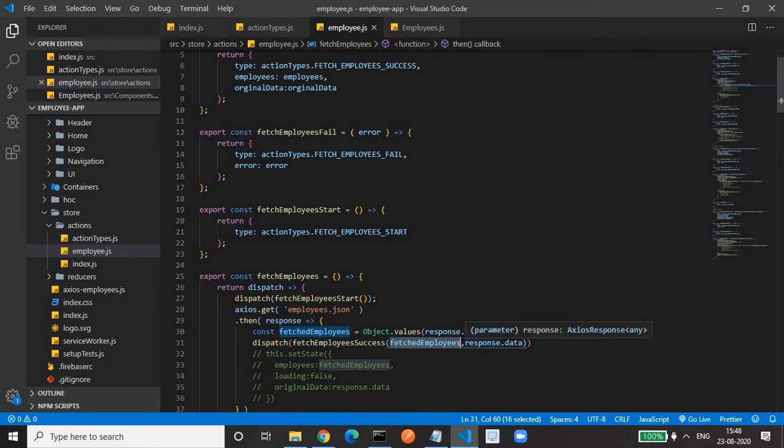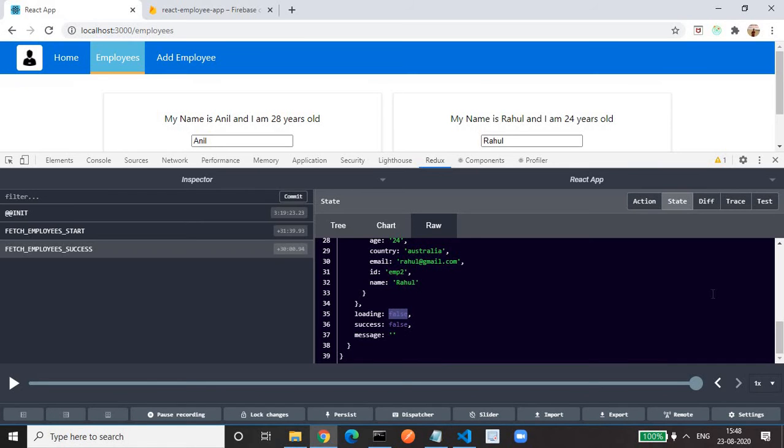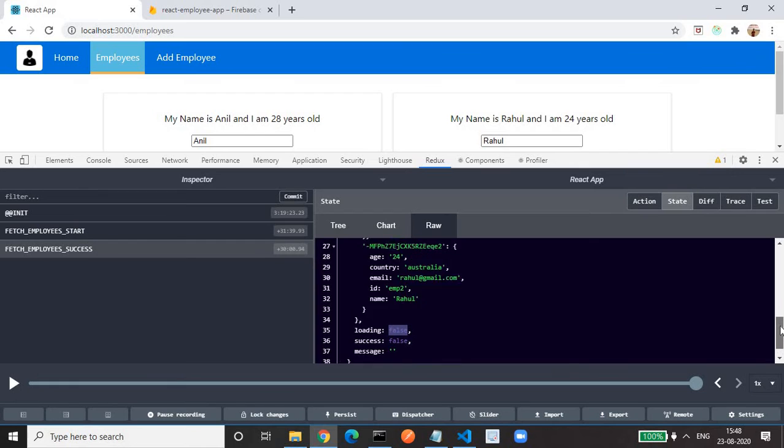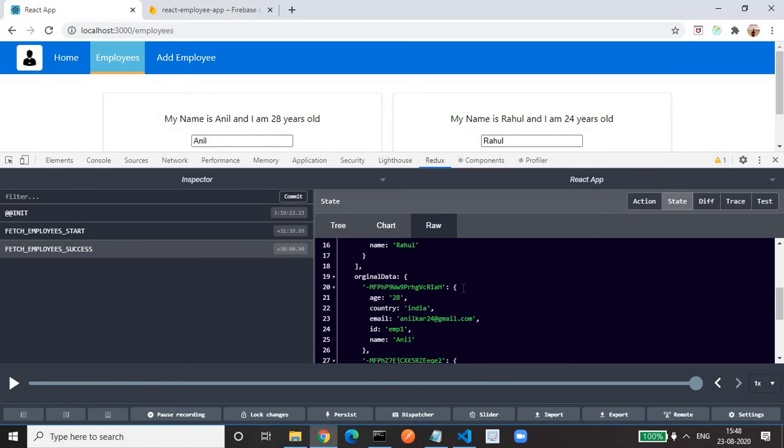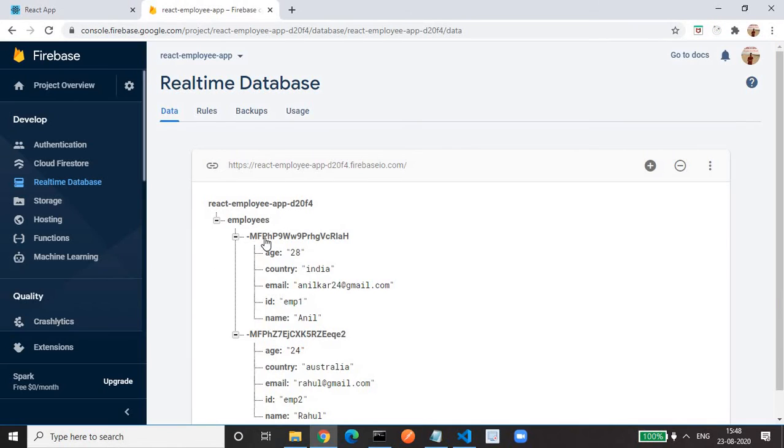Along with that we need the original data. If we use the Redux debugging tool, this is my original data, in which it's an object having the key as the employee node key, what we have seen in the Firebase, along with the employee related information.